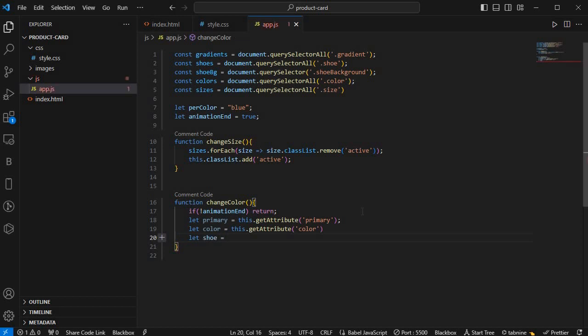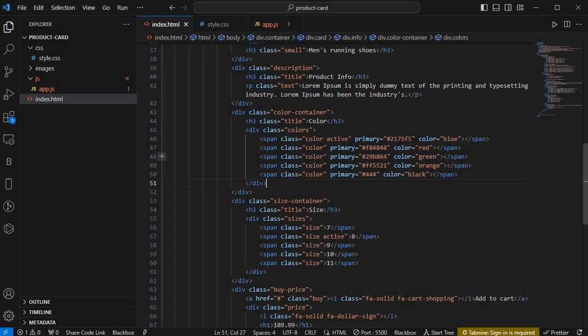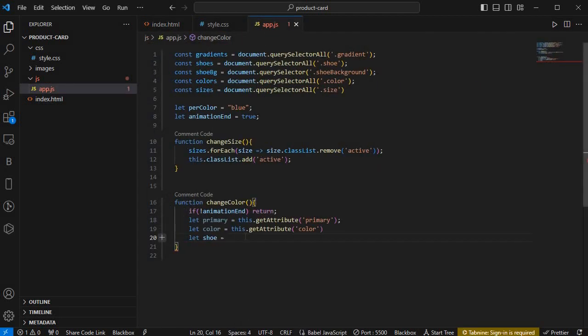equals to, we are just creating a shoe. We are just creating this variable shoe. We just created this variable primary. We just created this variable color, which is gotten from our attributes we gave here, a color here and a primary. So let's continue. So let shoe equals to document